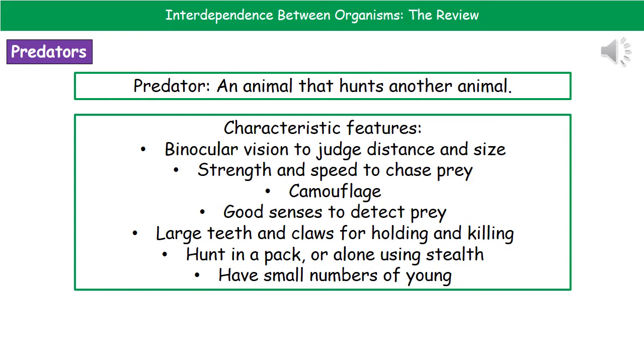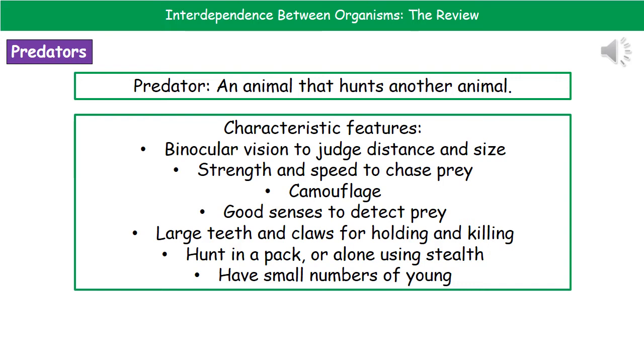When we're talking about a predator, we're referring to an animal that hunts another animal. So be careful with this one. You'd be amazed at how many times I've been told in exam answers that the predator is a rabbit. A rabbit doesn't have to hunt the grass, remember, okay? It's not like as the rabbit approaches, the grass uproots and runs off down the road. A predator has to be hunting another animal.